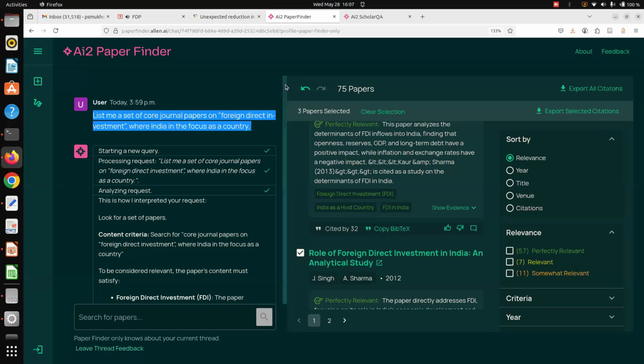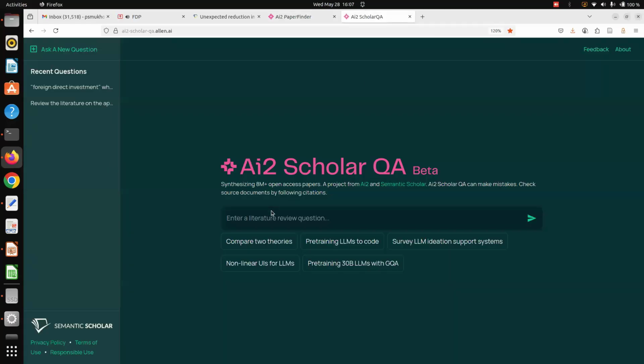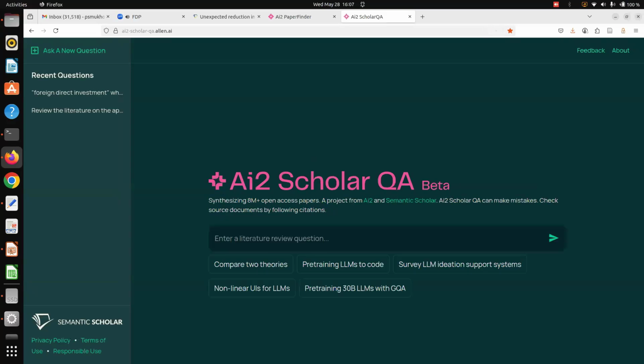So if we now go to the third generation of Semantic Scholar, here you can directly create a literature review. Say for example, if I create a prompt like this: can you generate a literature review, taking into consideration only journal papers having DOIs.